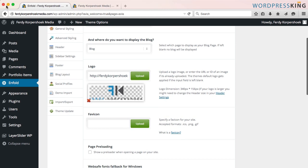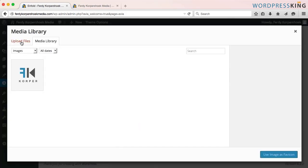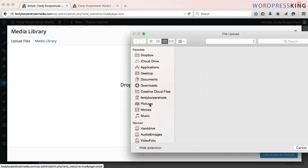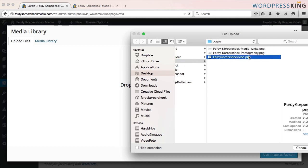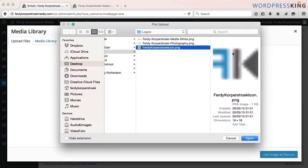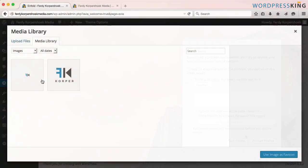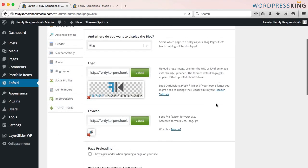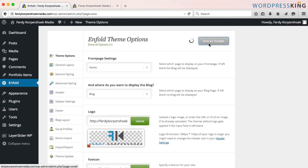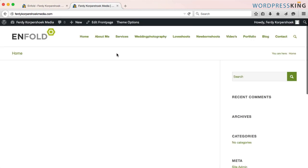The next thing, you will see here a HostGator icon. I want to change it to my own icon. So I go to Upload, Upload Files, Select Files, and I select a 16 by 16 icon, which displays in 16 by 16 pixels. It's a .png file, and I will open this one. It's finished, I select it, and I use it as a favicon. So I save all changes, I renew the page,